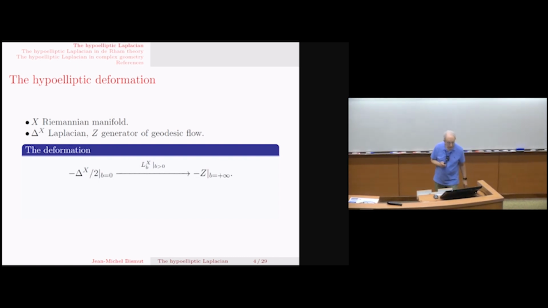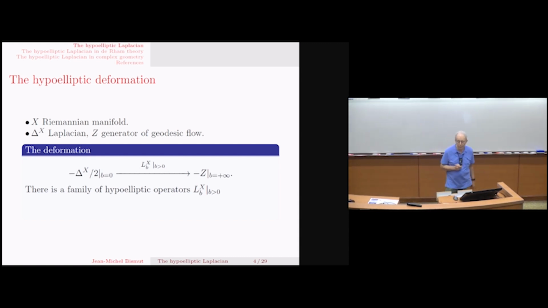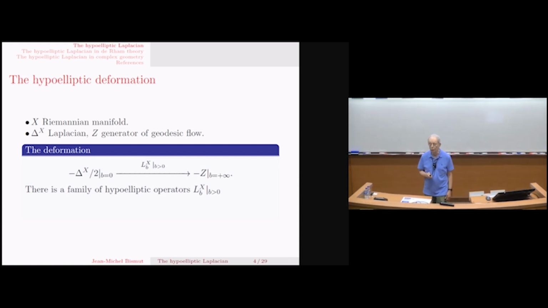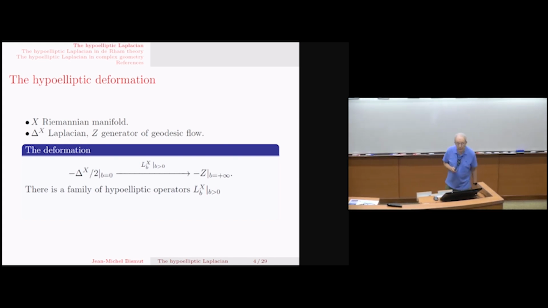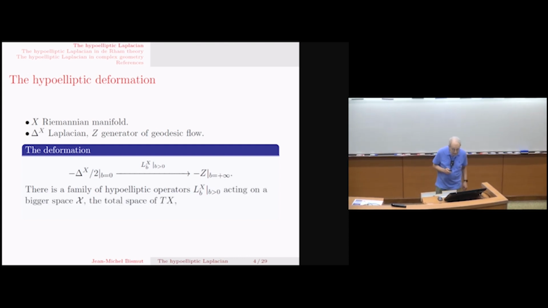So what is this idea of hypoelliptic deformation? I wrote here a diagram. On the left-hand side, the scalar version of the Laplacian for b equals 0. On the right-hand side, you have the generator of geodesic flow viewed as a differential operator of order 1. And so the idea is that there is a family of hypoelliptic operators, LB, indexed by B, acting on the